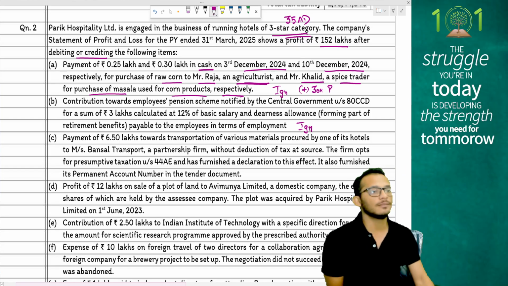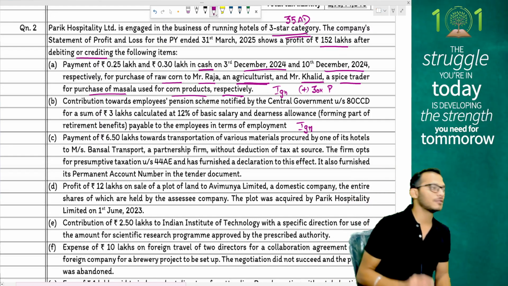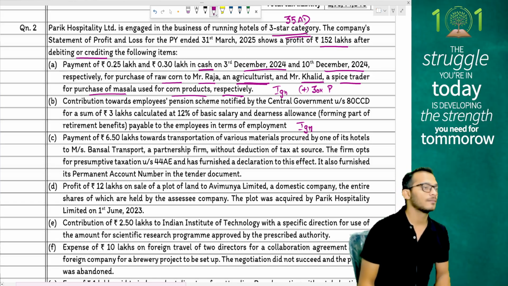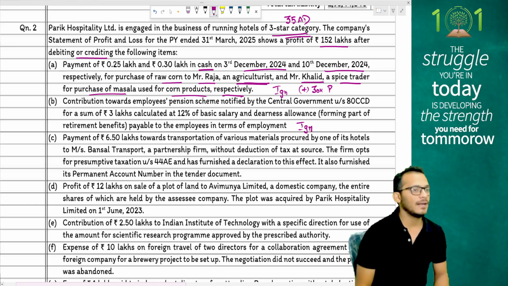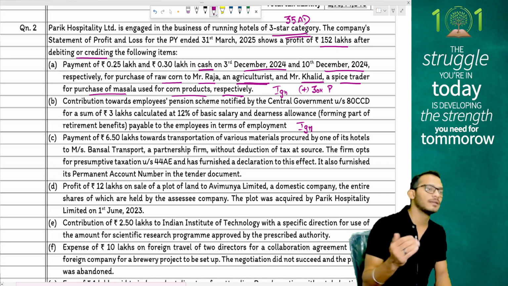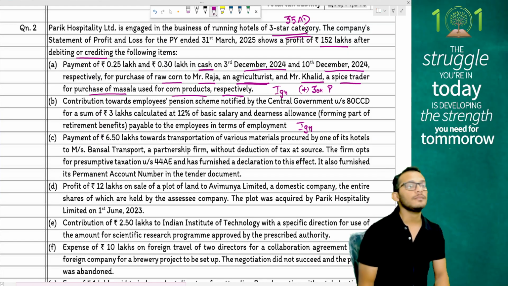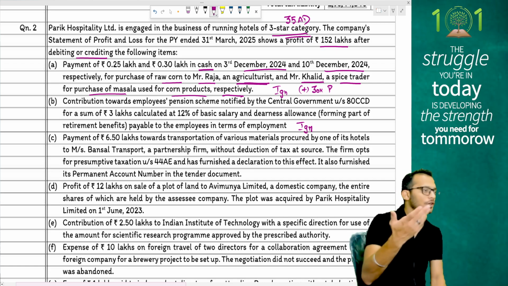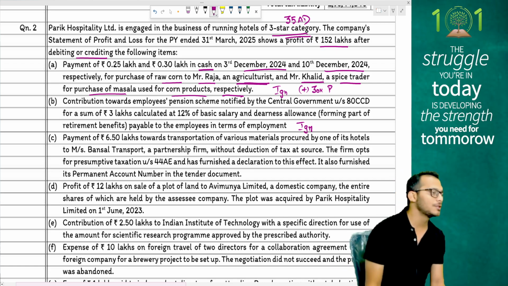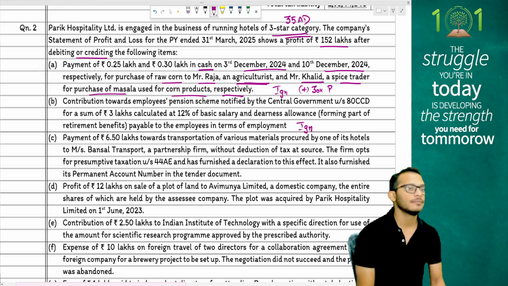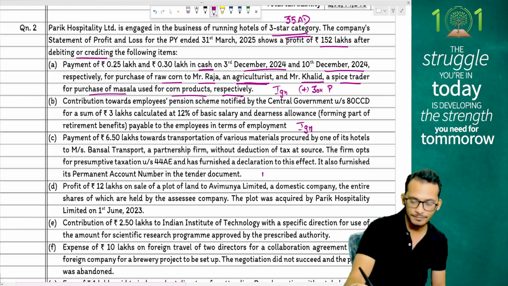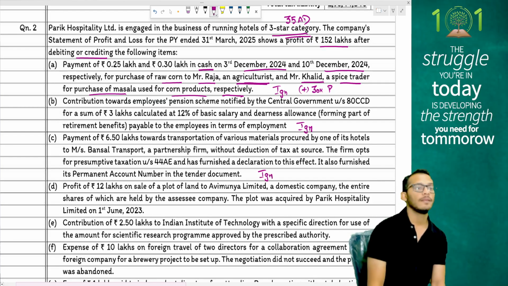The TDS chapter says when it comes to 194C, if the transport operator owns less than 10 vehicles and gives you a declaration along with PAN number, TDS is not applicable. People, the person is opting for presumptive taxation, which means he has less than 10 vehicles. He is also giving you the PAN number, which means TDS is not applicable. He did not do TDS, he doesn't have to do TDS, which means no issues here. The P&L item is there, it should be there. Therefore, very good, it gets ignored. Yes or no?